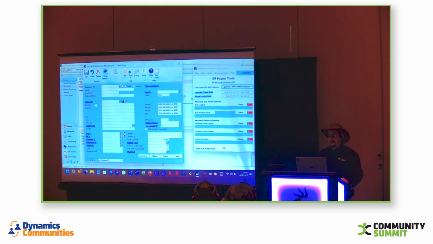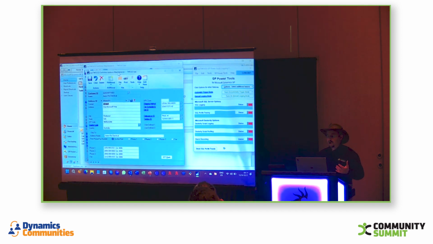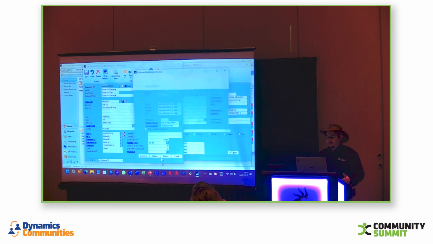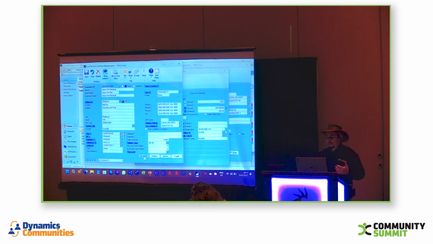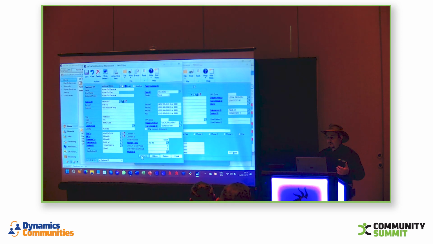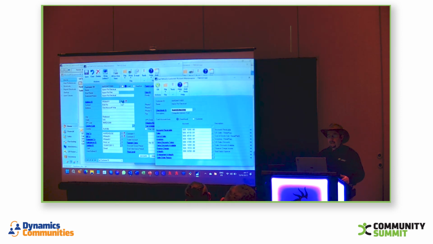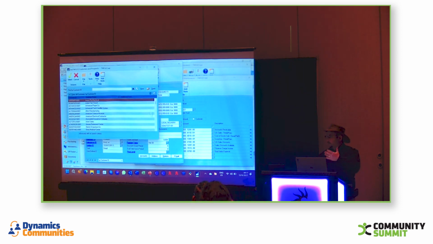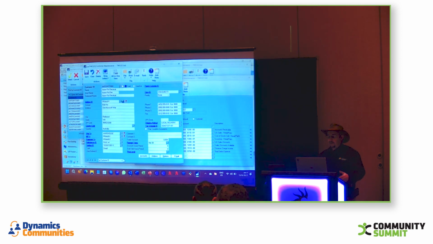Okay, so the other thing that you're likely to see is, from a support perspective, you always want to know what windows are open, what people have been doing. So if you've ever had to capture, tell me all of the windows you've got open, and I want the screenshots of all of these. So you can say, well, the old way would be to go into each window and capture a screenshot with